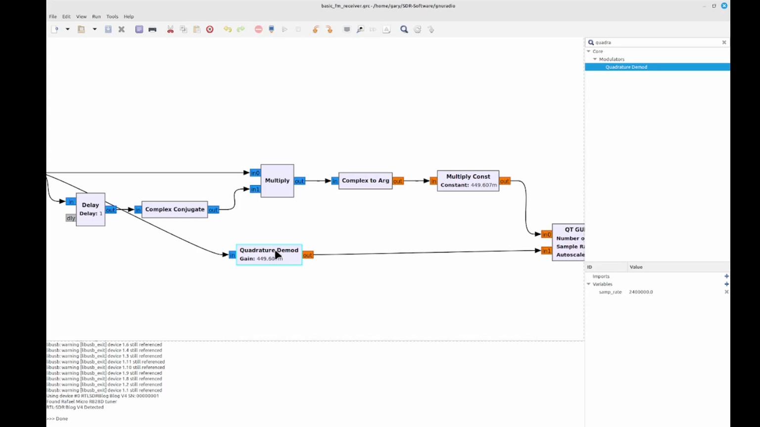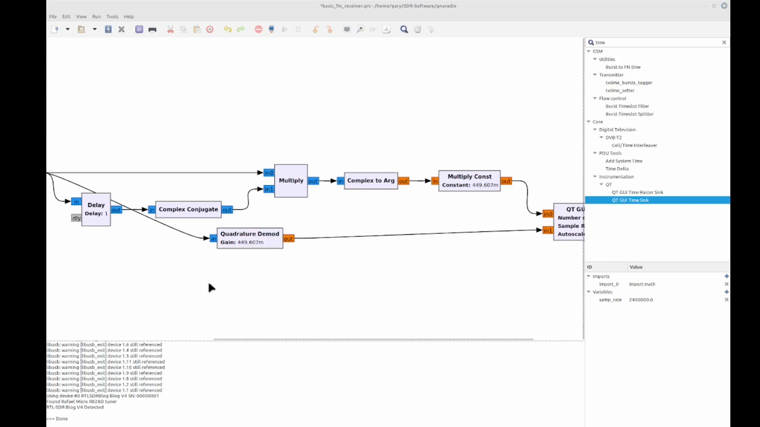The term I prefer is polar discriminator. Discriminator is typically a circuit that you use for frequency demodulation. Polar discriminator because, again, it's using a polar process. But that's me. Now that I've shown how the frequency demodulator works, in other words, this Quadrature Demod block, I'm